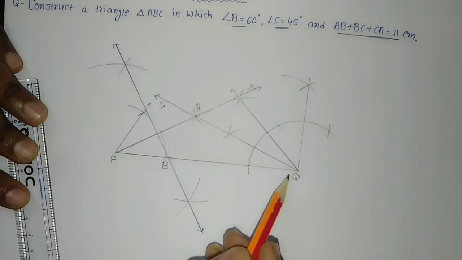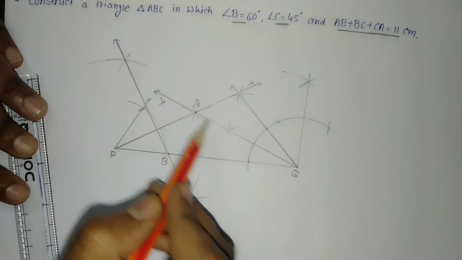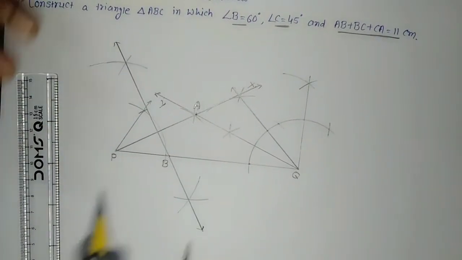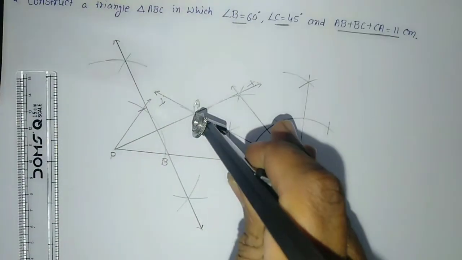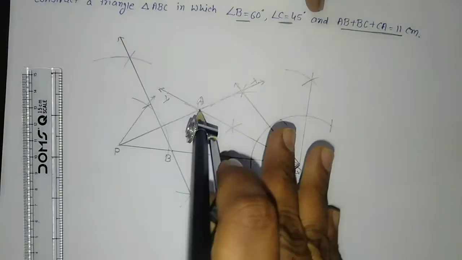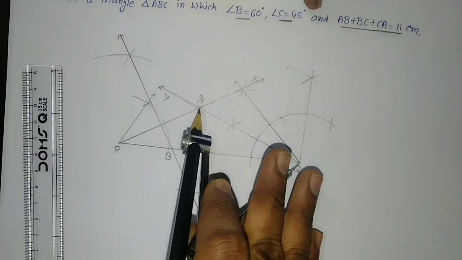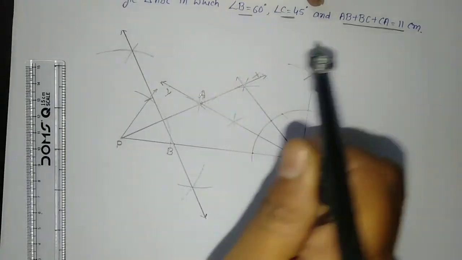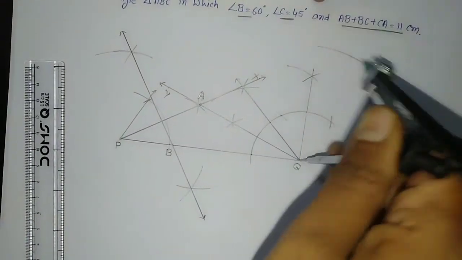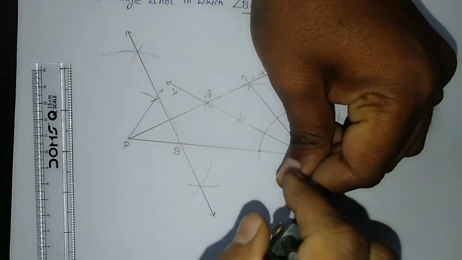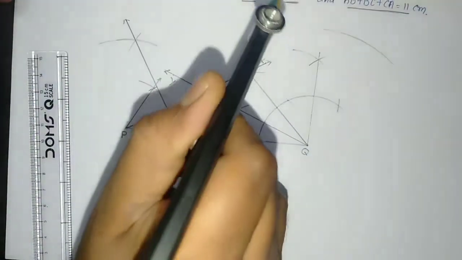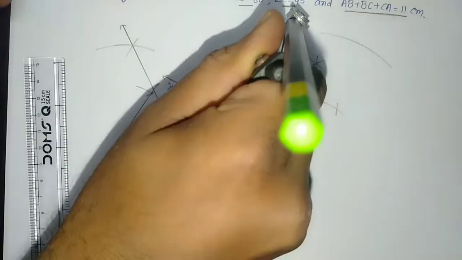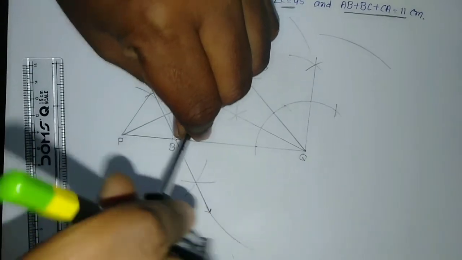Similarly, I will take the bisector of AQ. Sorry, not angle bisector, the bisector of the line segment AQ. You know, for that what to do? Similarly, take the same measure A to Q, and then draw the arc in the upper half plane and the lower half plane. By keeping the same measure, you keep the point on A, and then I will draw the arc here as well as here. Sorry,